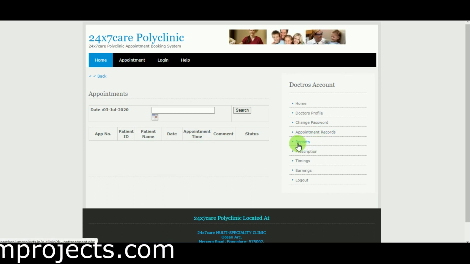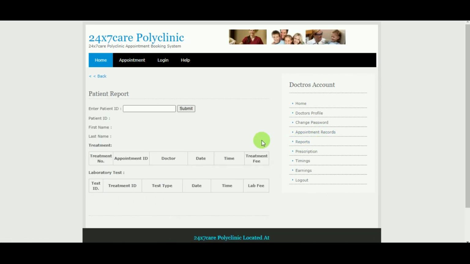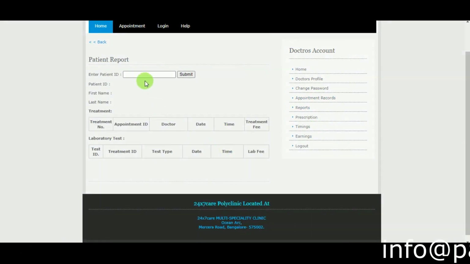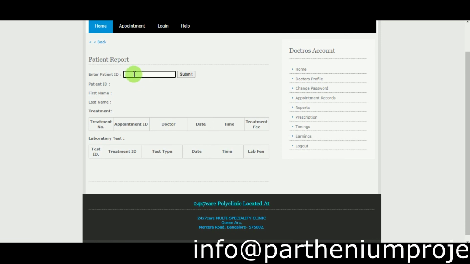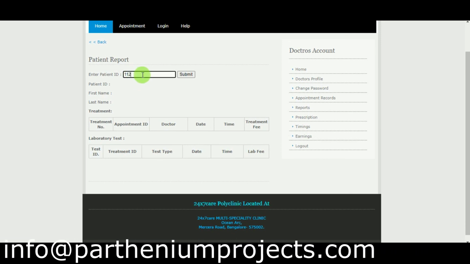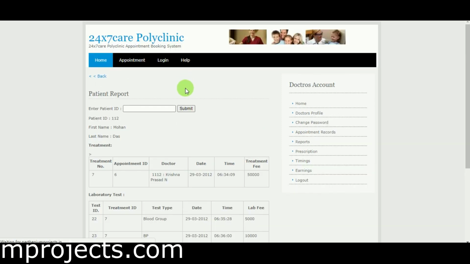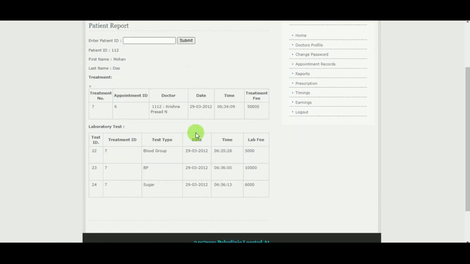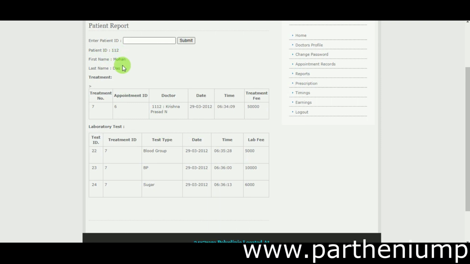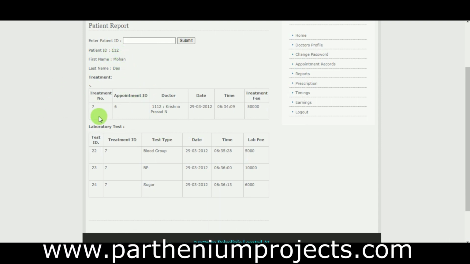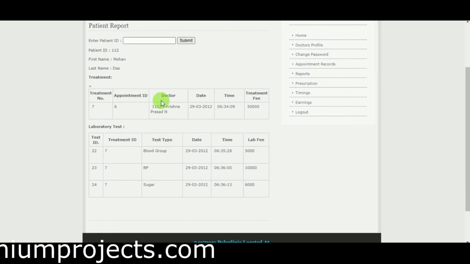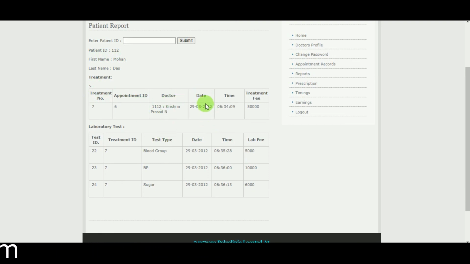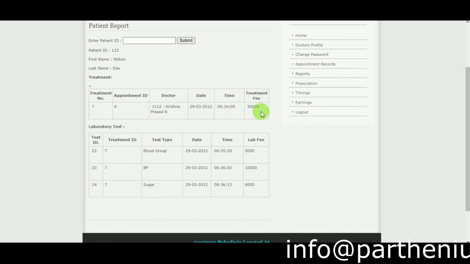Next one is reports. Here you can view the patient report. First you need to give the patient ID, click on submit. That particular patient's detail will be displayed over here. Patient ID I gave 112, his name is Mohan Das. So treatment number, appointment number, doctor, date and time, treatment fees, you can see over here.